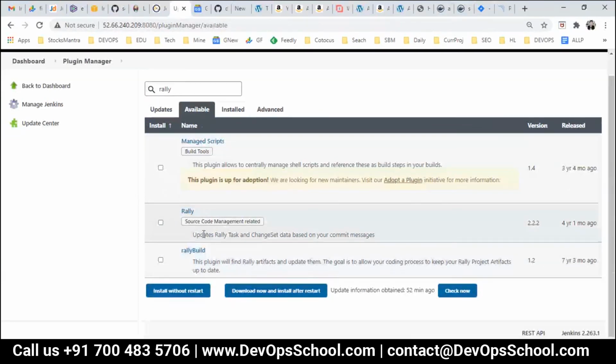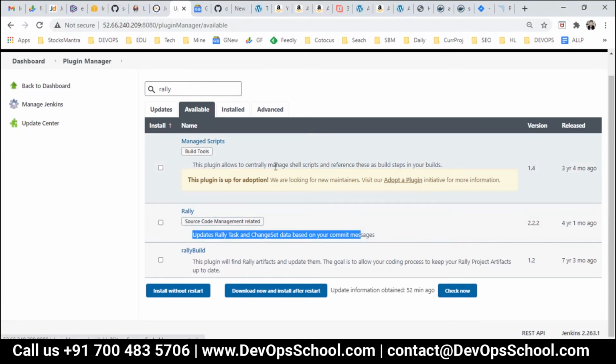You see here, Rally updates Rally task and change set data based on your commit message. Based on the commit message means if you commit in Git with the Rally ID number, then you will get a link on Jenkins to your Rally ticket. Okay, that makes sense.